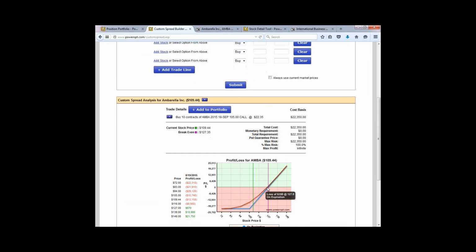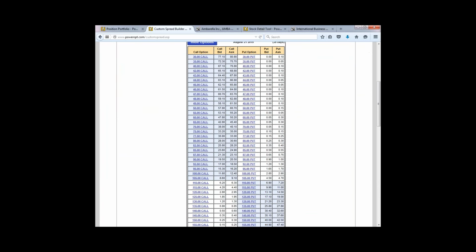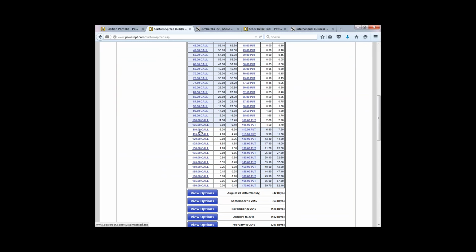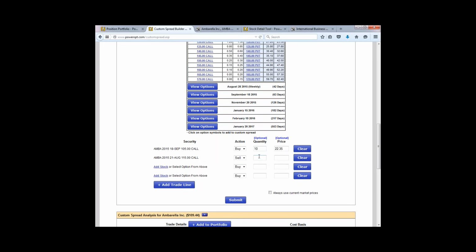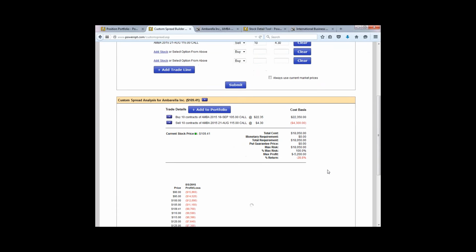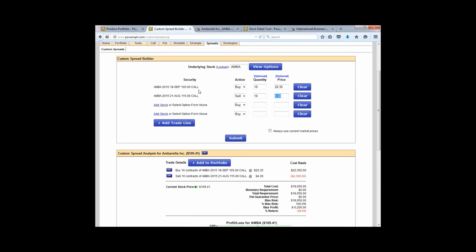Would selling the 110 against that for the short term get us profitable? Probably not, but now at least I could go to August instead. And let's look at maybe the 115 call, 420 to 440. Submit that. It's just not getting us a profit because we're just not getting enough premium because of that $10 realized loss that we had on the original position. But